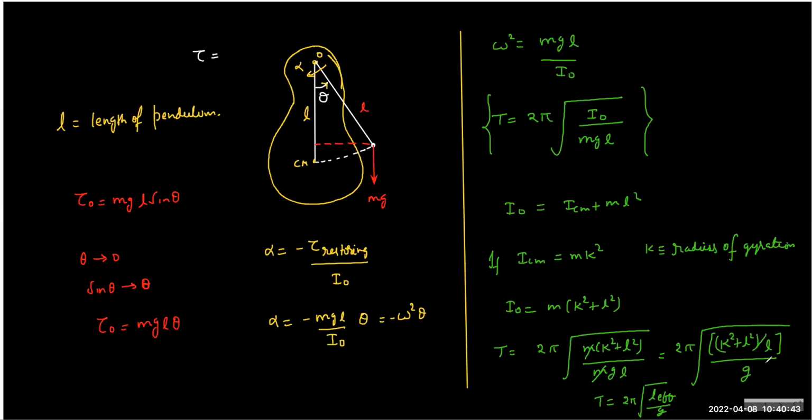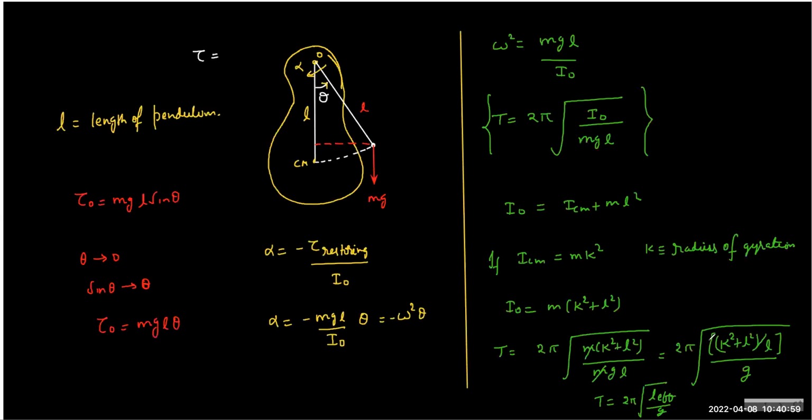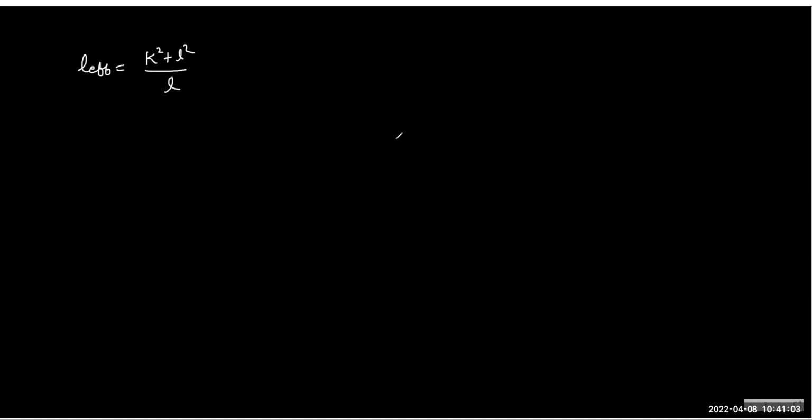So what is L effective? I mean the effective length of equivalent simple pendulum. So you can replace this by a point mass and imagine the L effective as this much value. So what is L effective here? To compare the formula, L effective is K square plus L square by L, right? You can see this value. This is L effective, which means every physical pendulum